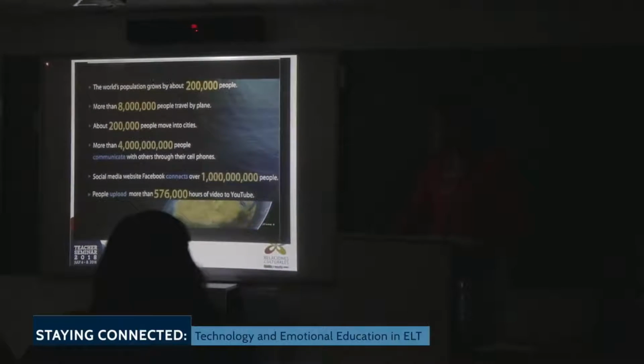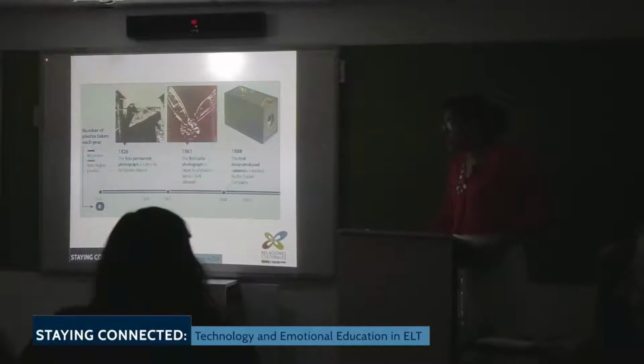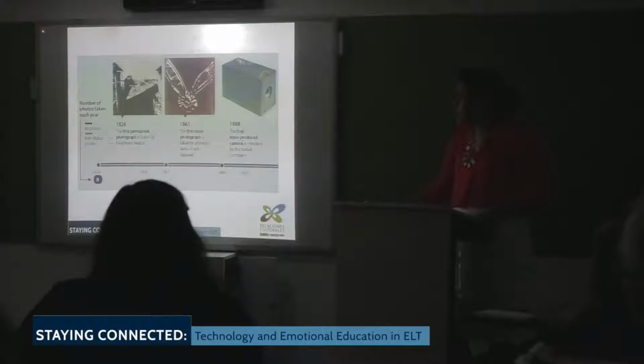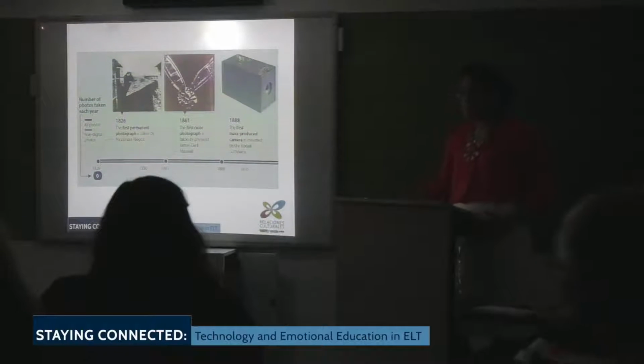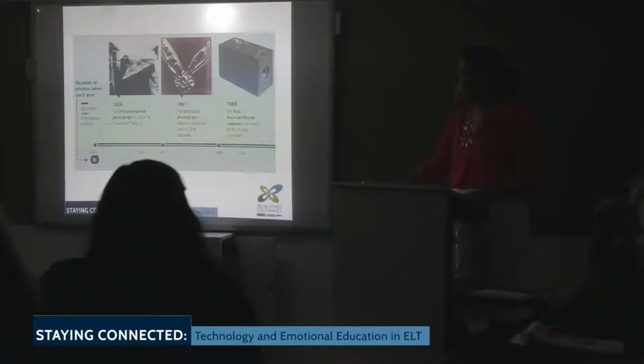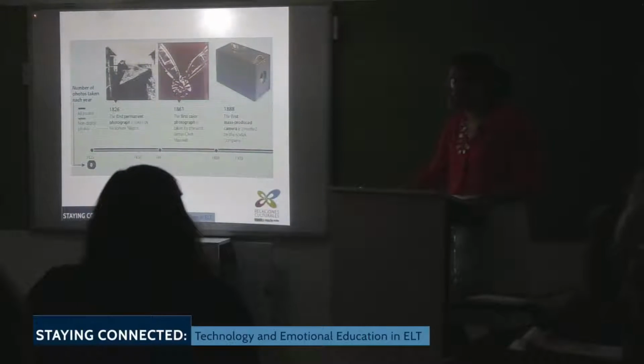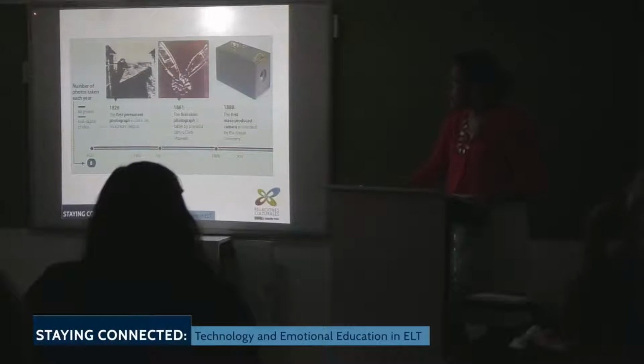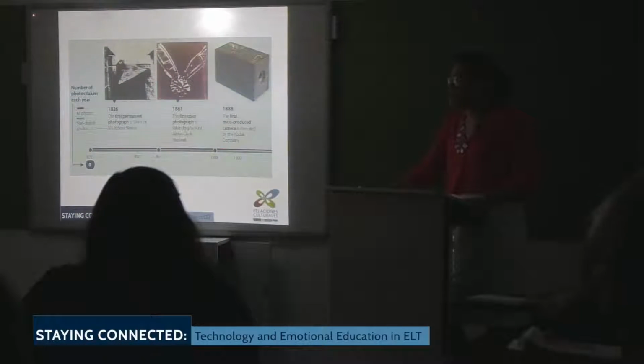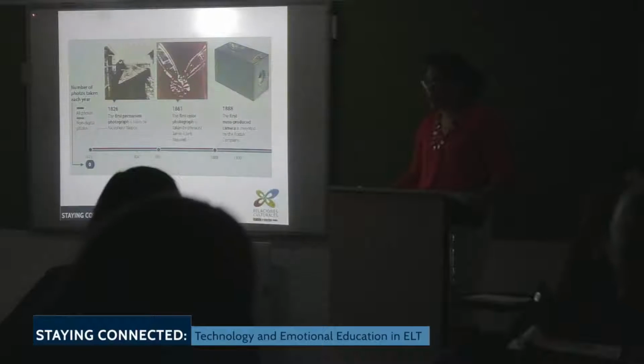Okay, so now knowing what is going around the world, let's talk a little bit about history and images, okay? So can you tell me when was the first photograph taken? 1826, okay? It was taken by who? What was his profession? Okay. But what was he? What was his area of study? Okay. And then in 1861, the first color photograph was taken by a physicist. In 1888, the first mass-produced camera was invented by Kodak company.